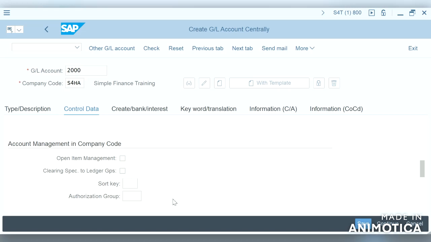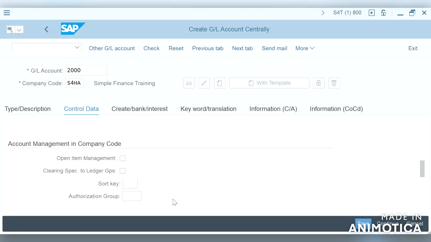So there is no need to worry about speed or performance in this new system. They removed the line item display option by default, so now line item display is activated for all the GLs.